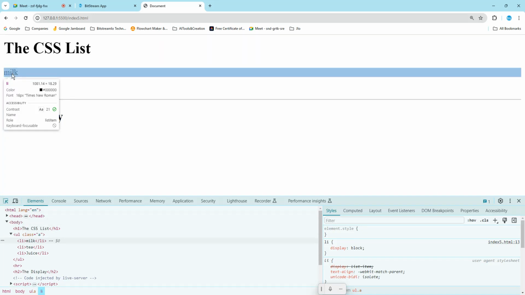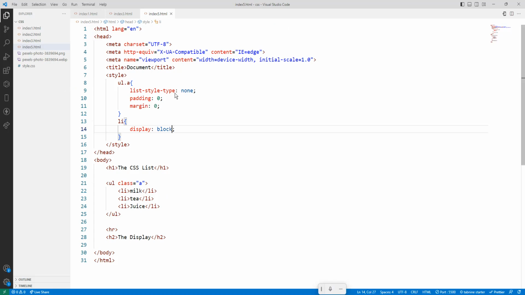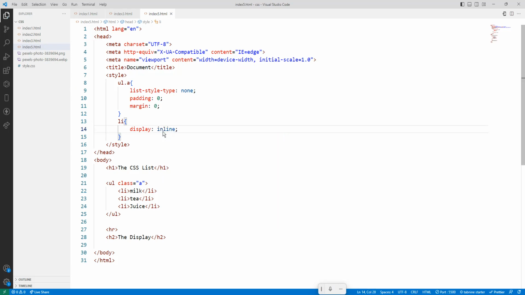See how much space, this is the color you want to see, right? This is block level because it takes the entire width of the screen and goes to a new line. All three elements are block level because I have mentioned display block. If I just use inline, Control S,